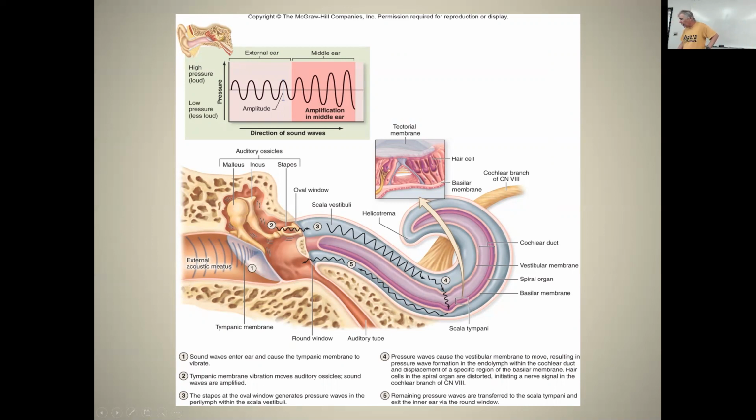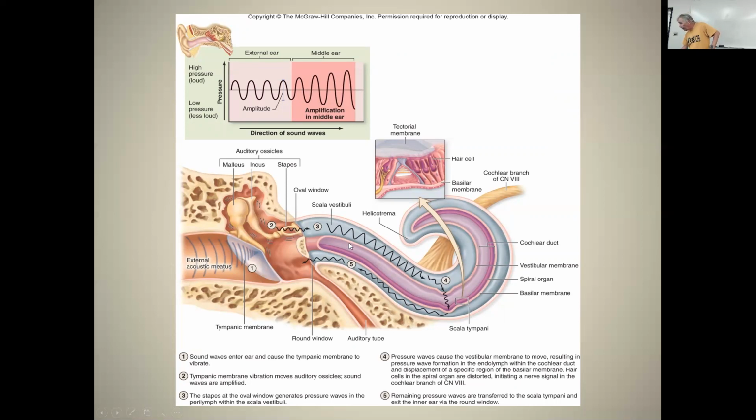So here's amplitude in the external ear. Here's the waves in the middle ear amplified due to the middle ear ossicles. So here you can see that the oval window is here, and the waves come in here, right? Sound waves enter the ear. Tympanic membrane vibration moves the auditory ossicles. Sound waves are amplified. They're sent into the scala vestibuli across the oval window, and they move down the scala